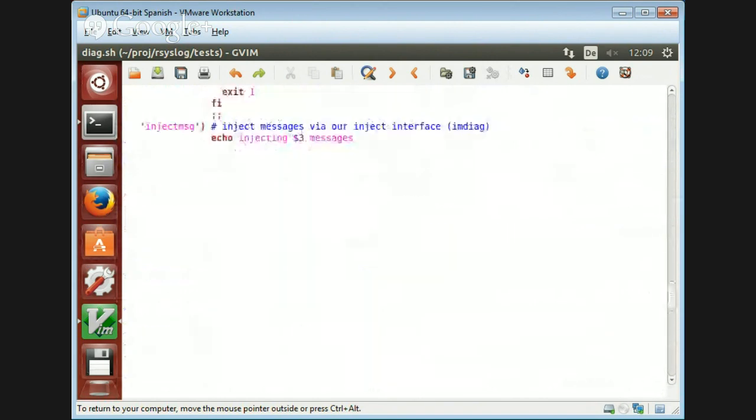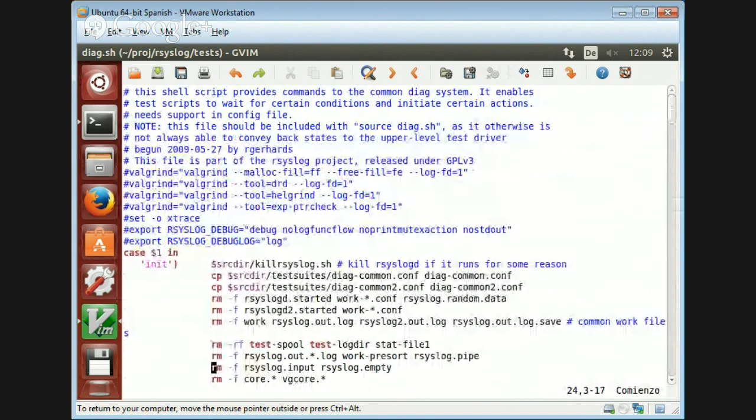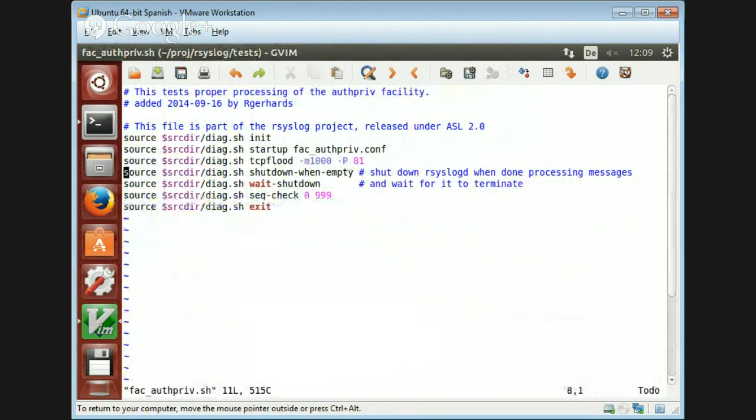Typically, there should be no need to modify diag.shell because it contains everything that's used for common tests. The general idea of a test is that some messages are injected. Maybe it's better to just follow what's done here. First of all, and this is common to all tests that use a single rsyslog instance,